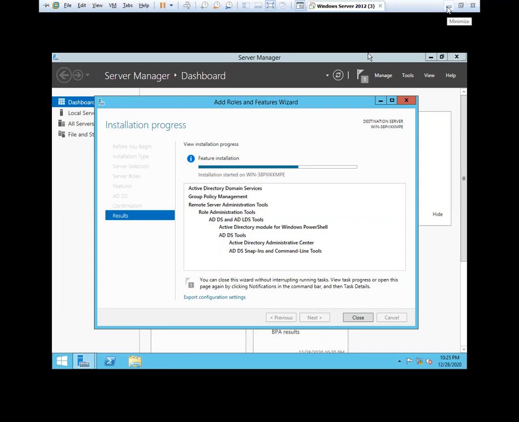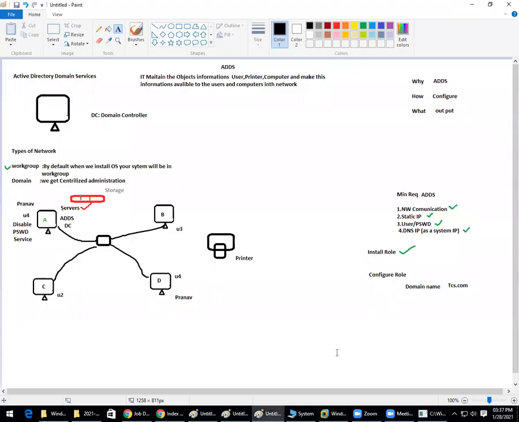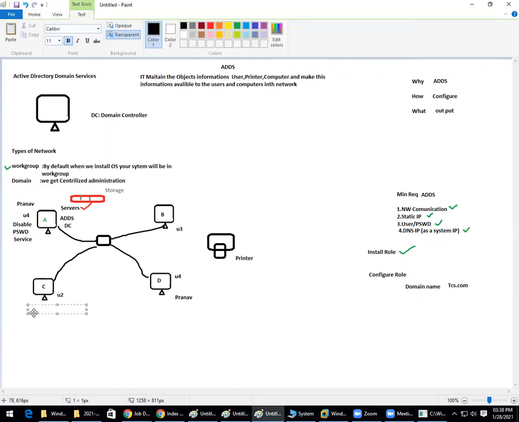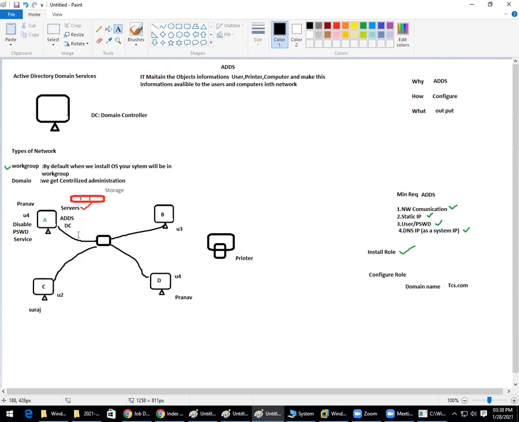Any doubts you can ask me. Sir, you said when we log in through user one, here, exactly right here. If say Pranav logs into system A, he will have the privileges to storage and printer, right? Yes. Then if I log in from user B or C, will I have that too? Which computer, any computer or this system here? U3 or U2, some other computer, not the same computer. Right. So when Suraj tries to log in on the same PC or any other PC, he will not get rights on the storage and printer. You're right.